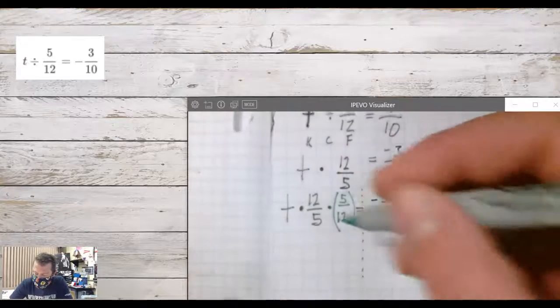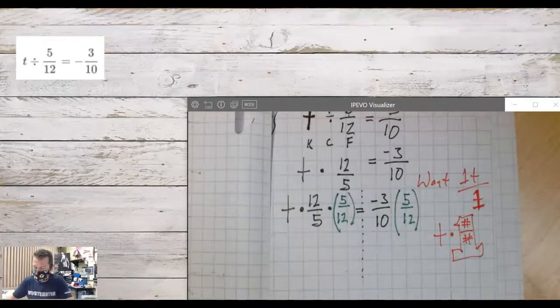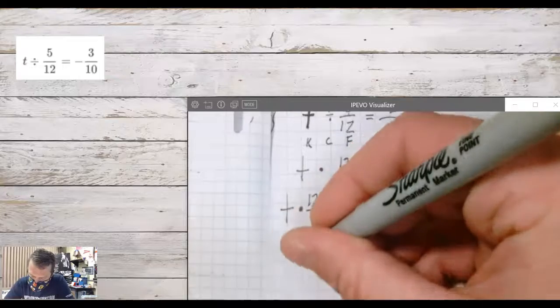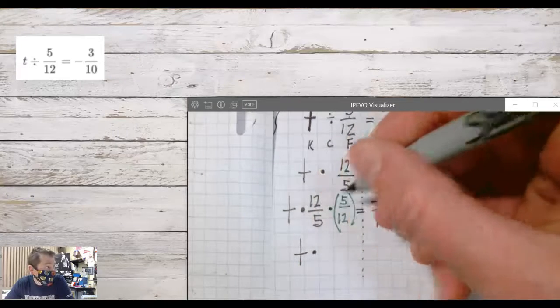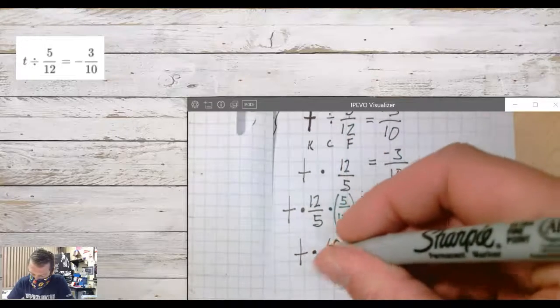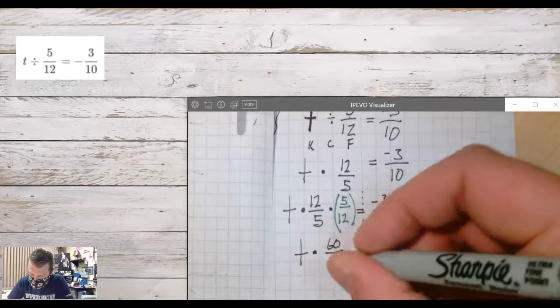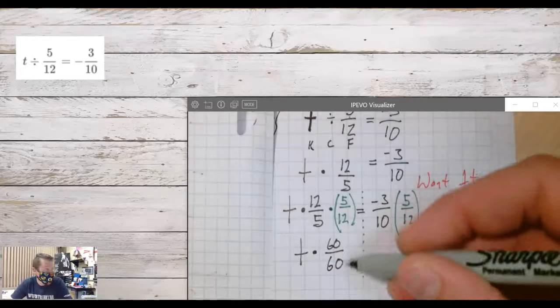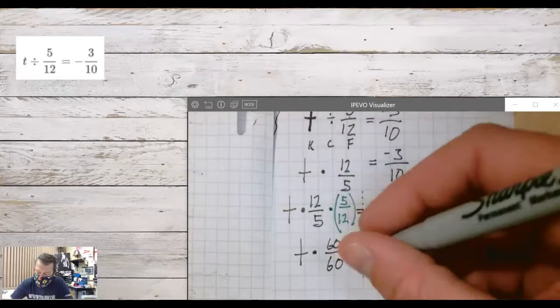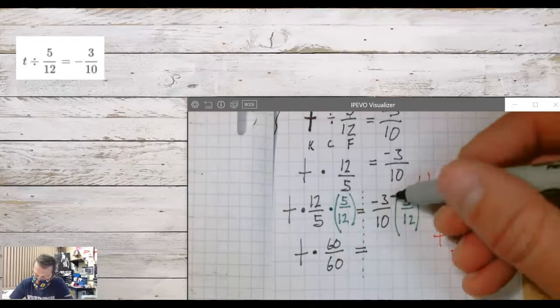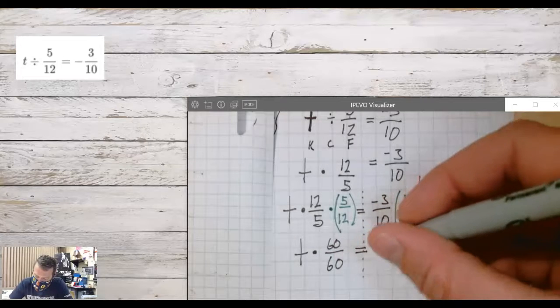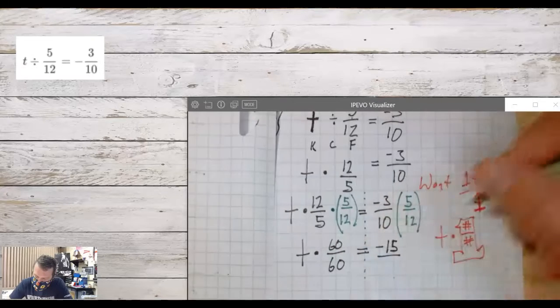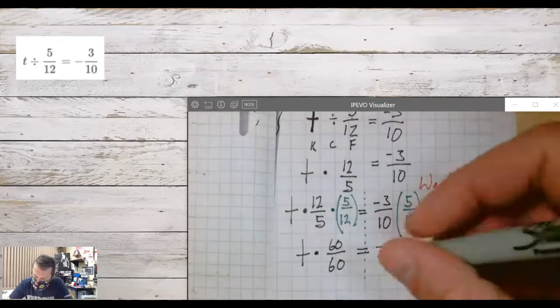On the left side, that will now give us t times 12 times 5 is 60 over 5 times 12 is 60. This is good because a number over itself is 1. That is what we want. Equal to negative 3 times 5, negative 15, over 10 times 12,